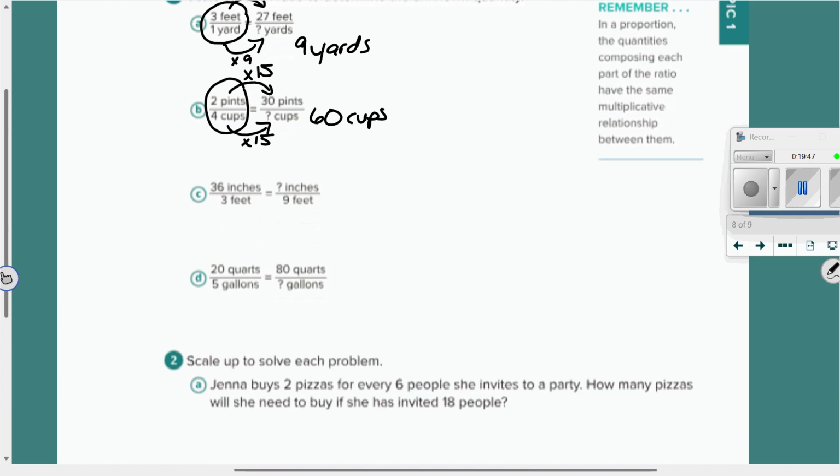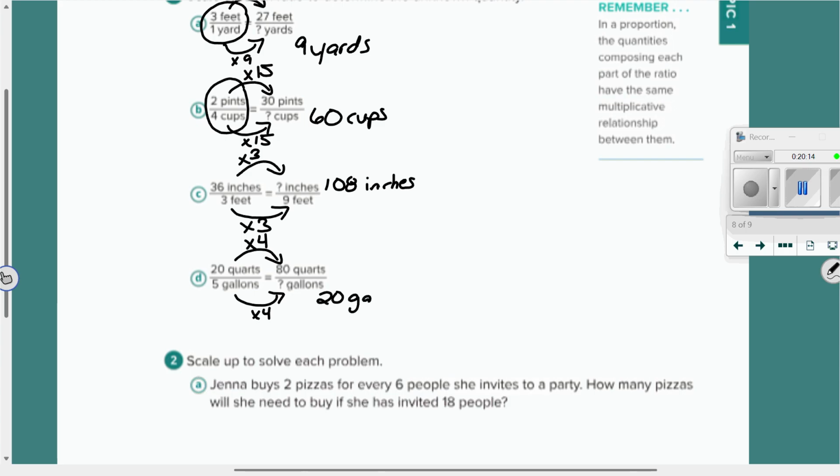All right. This time my question mark is at the top, so I'm going to start at the bottom. 3 to 9. Times 3. So 36 times 3? 108 inches. All right, 20 to 80 times 4. 5 times 4,